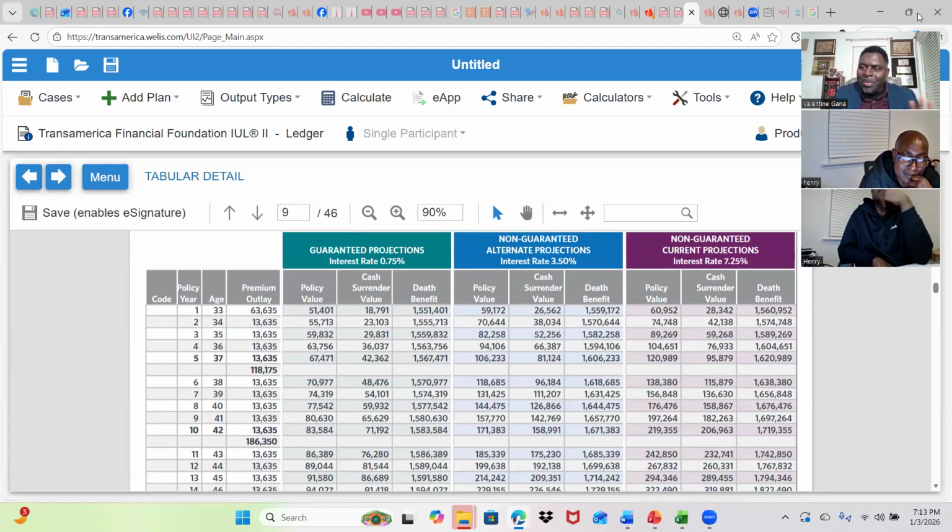Thank you, sir. Thank you, ma'am. Your policy has expired. Your money has gone. You don't have anything. And that's why we do not encourage people to have term. 90% of people out there have term.